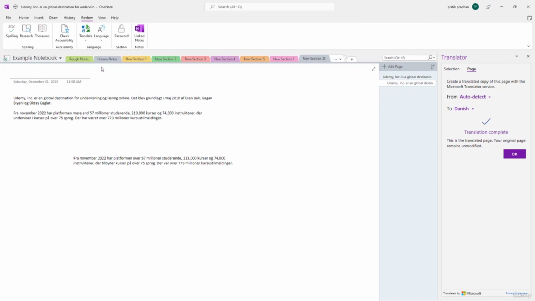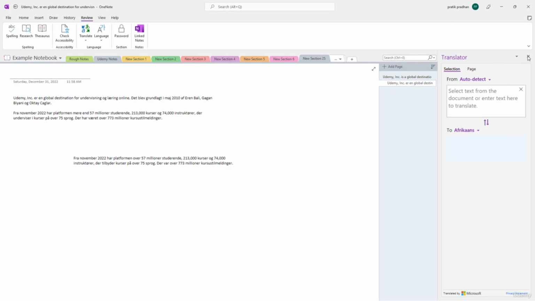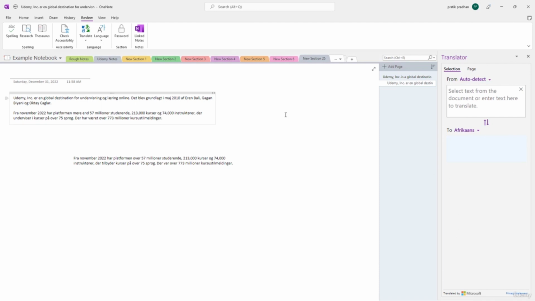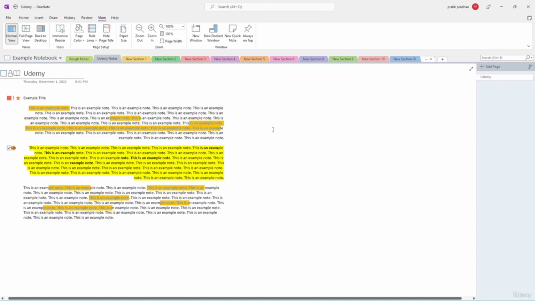You can go around, and with the mini translator you access the same option. So let me just close this. So here's a different option, as you can see under Translate right here. So there's the translator that you can access. You can go around over here to choose the translator language, and you simply get the same option right here where you can choose the language, as you can see right there. So over here you can see that I got a note right here, but